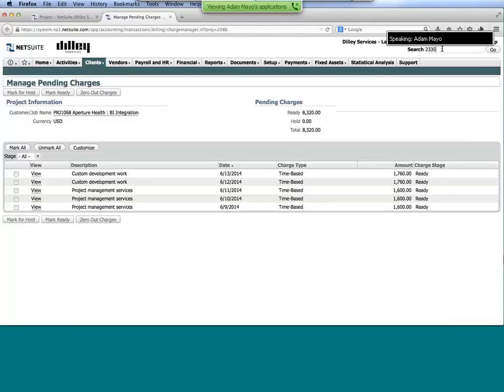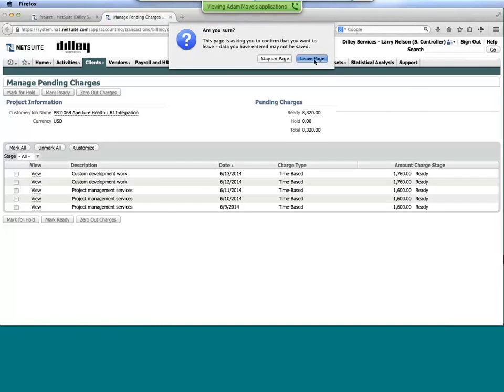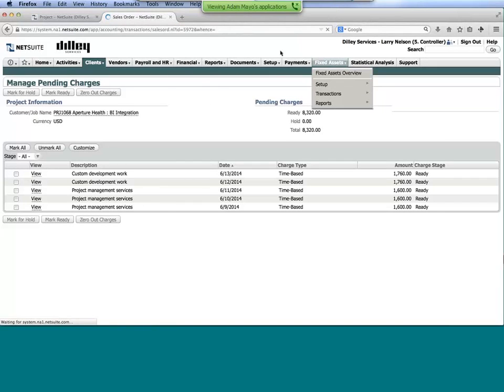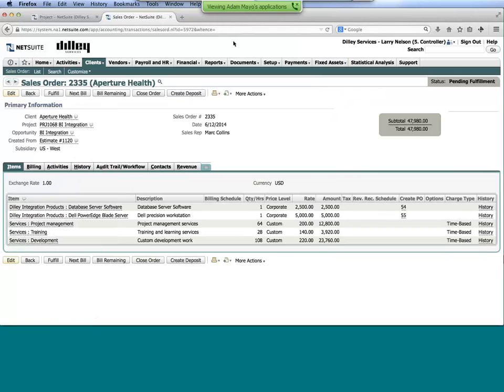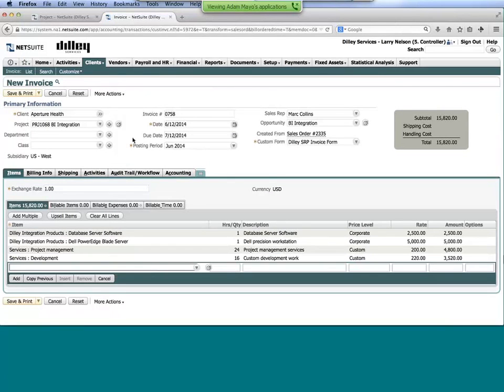So within here, what I'm going to do now is pull up the sales order. And there's multiple ways to go in and start initiating the billing within the system. I can go in and create an invoice. I'll have reminders of things that need to be created. I can process multiple sales orders at once within the tool. But really, what I wanted to show is the ability to go in and right off of the sales order, if necessary, click on Next Bill.